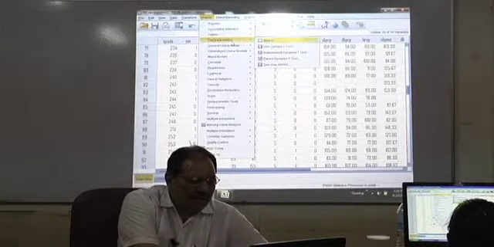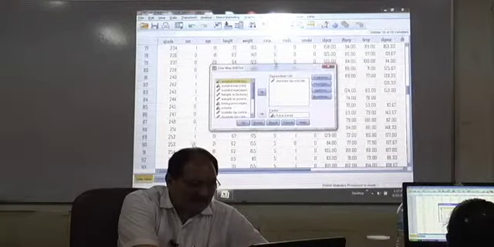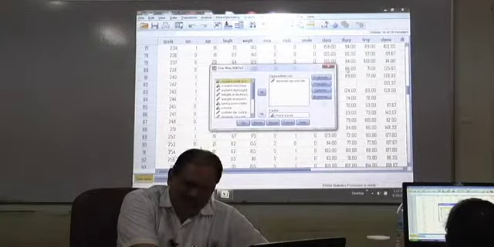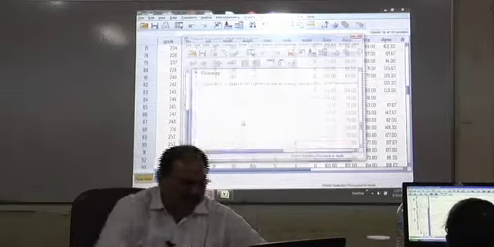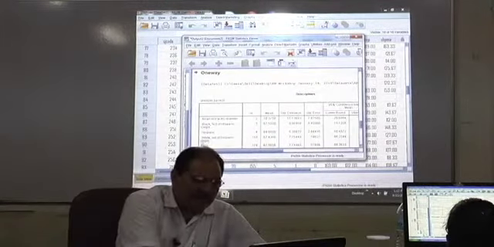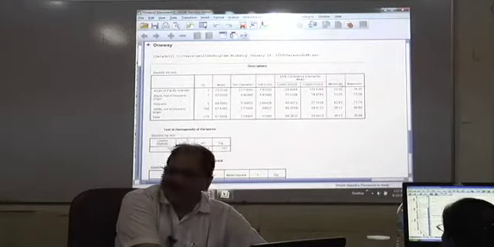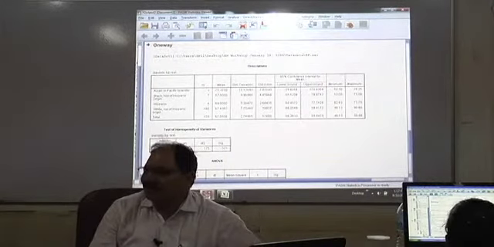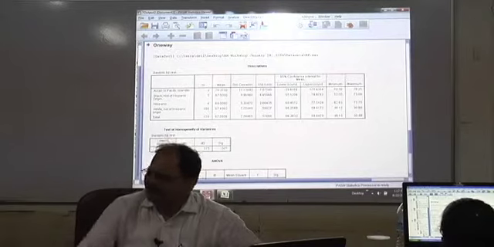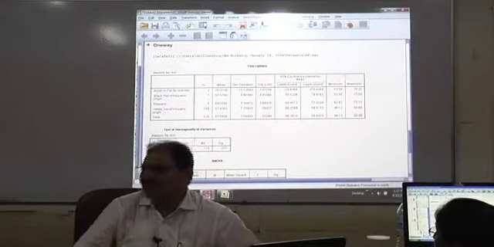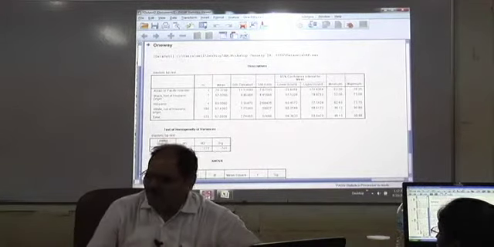Go to compare means, one way ANOVA. Same, and selections have already been made. Go to OK. Now that warning is gone, because just on one sample you can't test.